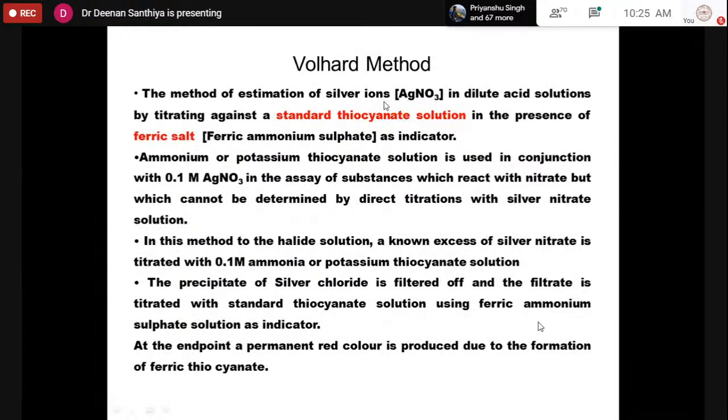In general, silver ions will be taken into the conical flask, since this is the analyte here, and you will